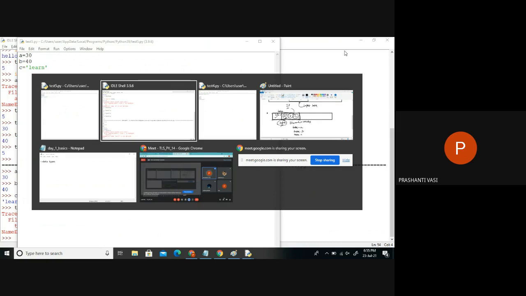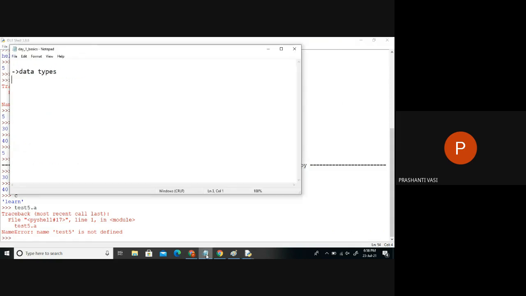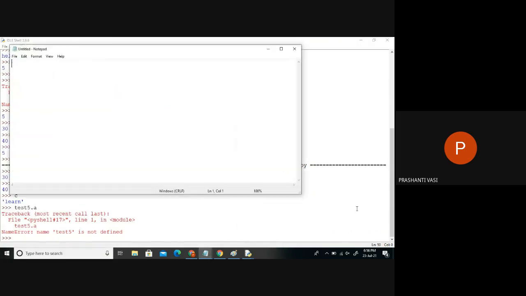Okay. So now this is how we basically run the programs. And other than this, if we have written some code and saved it somewhere else also, let us take a small notepad, if I type it and save it somewhere, not only in this file place, the same code.